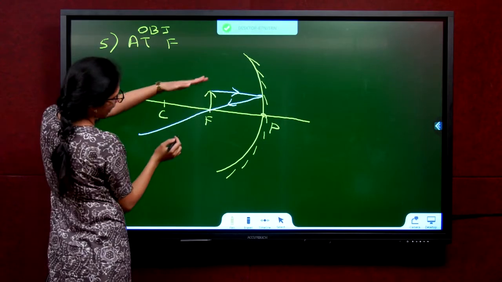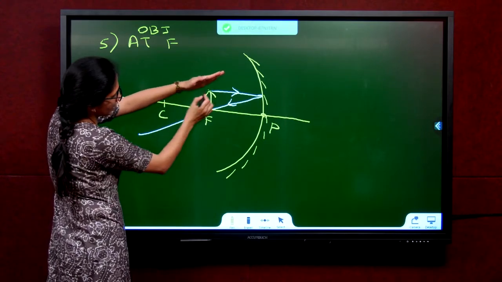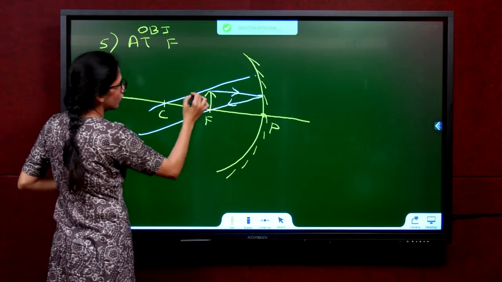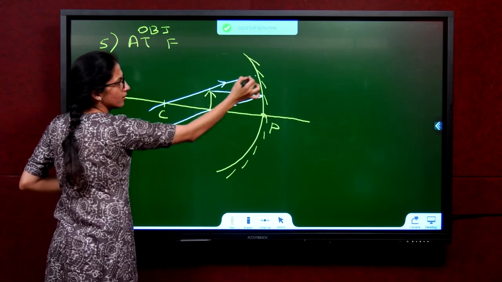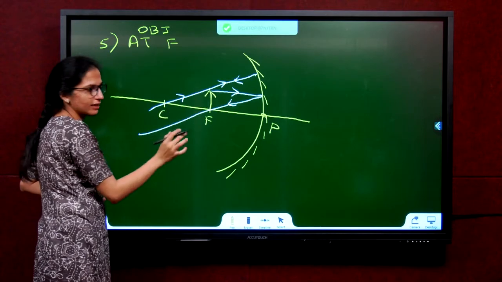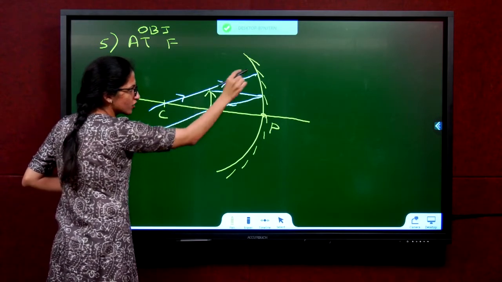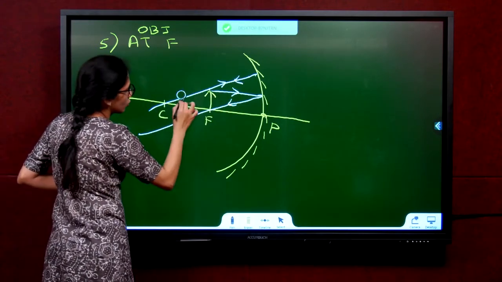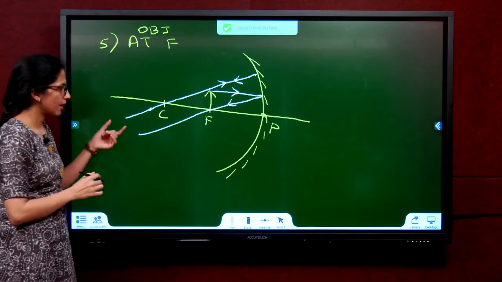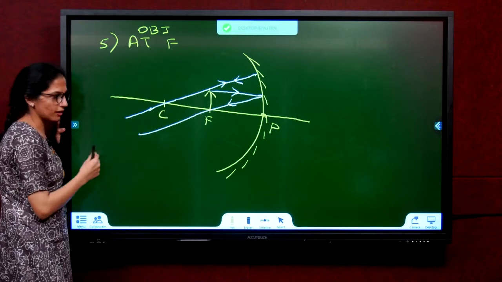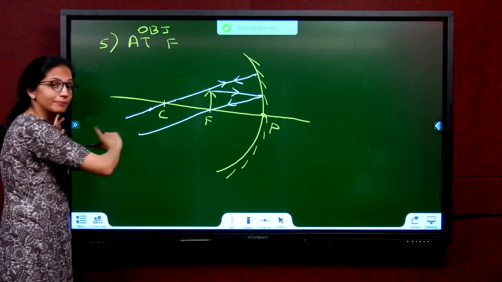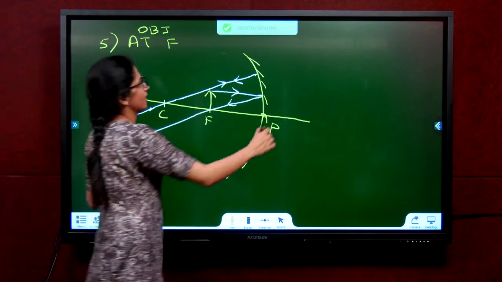Take your scale and choose a line like this. Join this point to this point. So the ray starts from here and it goes here. After reflection, it comes back. See, don't put an arrow here, no meaning. Why? Because the object is here. Starts from here and comes back. So you will observe that these two rays are parallel and they are in the same direction. Parallel rays means from where? Infinity. That means they will meet at infinity.